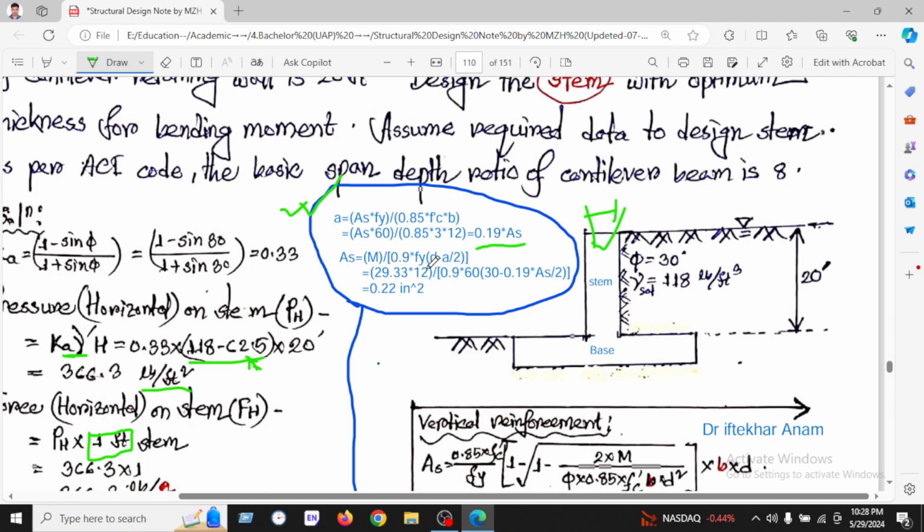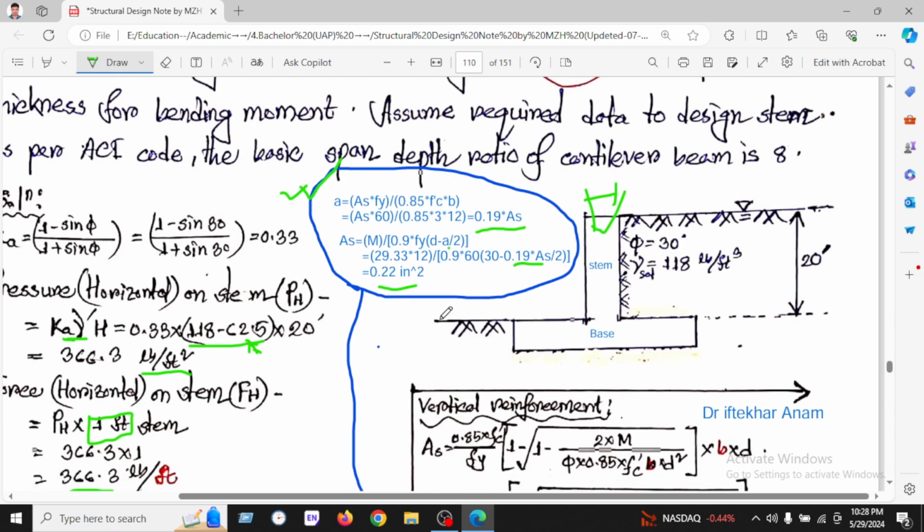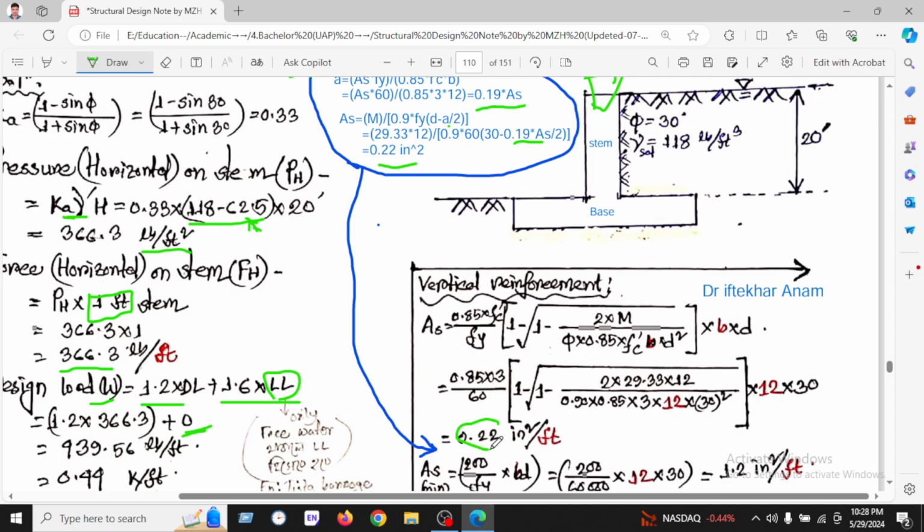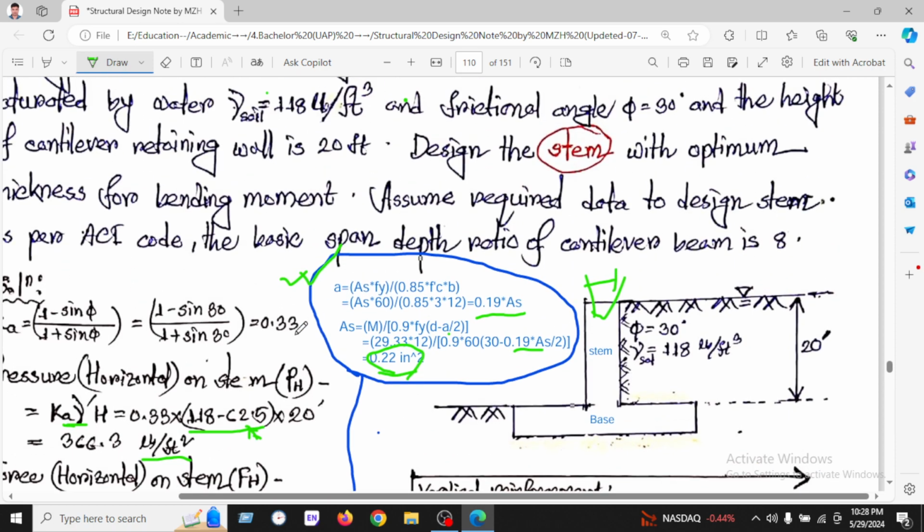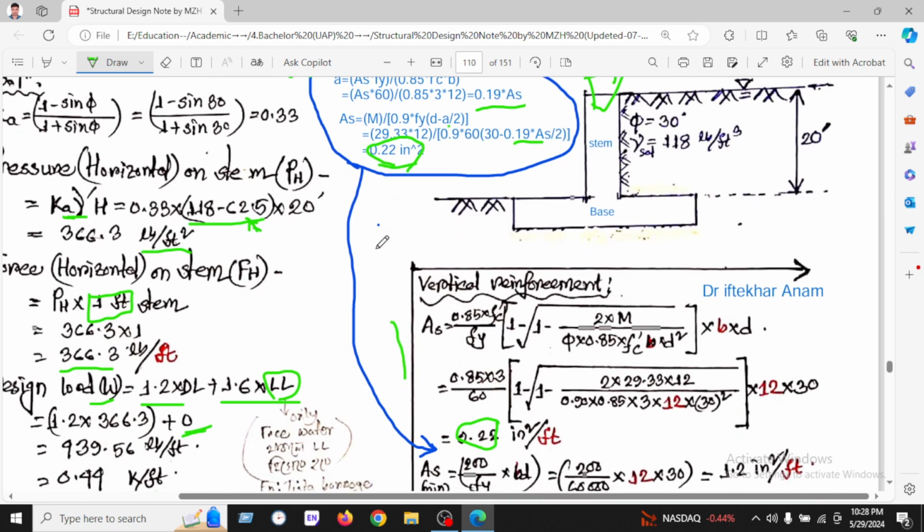divided by 0.9 Fy (d minus a/2). Here is the a value, 0.19, and as is found as 0.22 inch square. So 0.22 inch square, and here the 0.22 inch square, all the values are the same. If we use this formula, or you can use this formula, we shall use this formula as a conventional